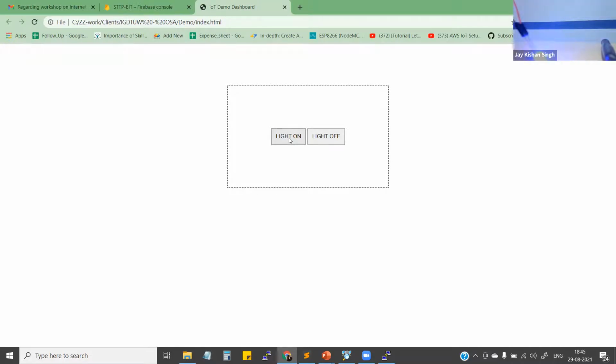So we just built a very basic dashboard in this session. I believe it's been nearly 30 or 32 minutes. In fact, if I had to build this on my own, I would not spend more than 10 or 15 minutes on this. Let me show you again, light off and light on. It's working so well. But again, we have some restriction here: this entire application is available to me. It's not available to you.